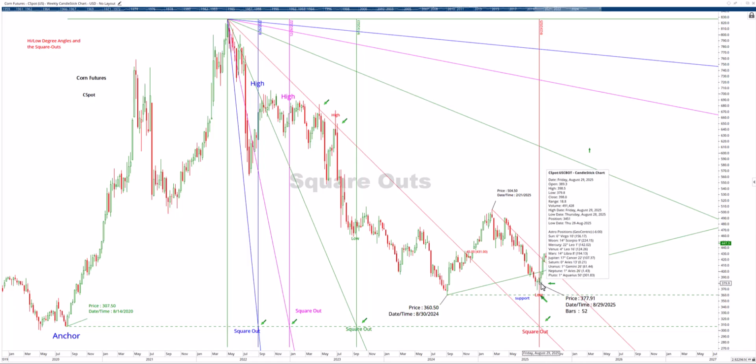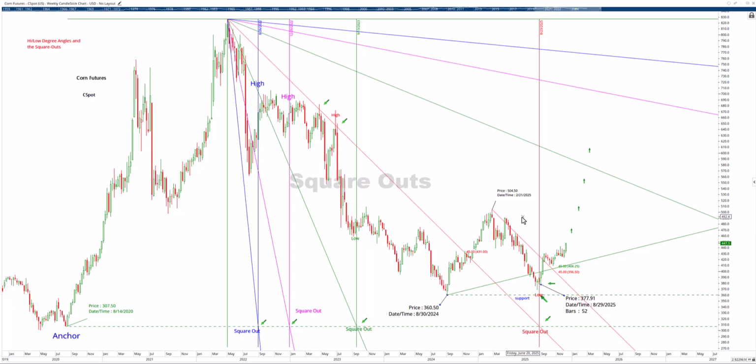52-week cycle is a very important cycle. 1 year anniversary of low to any date in the future, if you go from this low to this low, 52 weeks. But you could also do from this high, February to February 2026, it'll probably be some sort of turn. You know, it may not be a big turn, but the market will respond to it. So I'm saying with corn, you look at the anniversaries of former highs and lows and project them into the future and look for a possible change in trend.